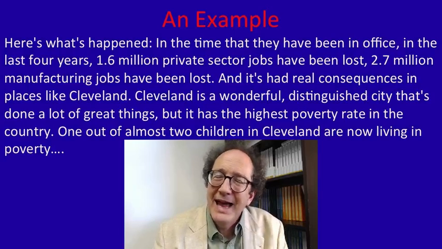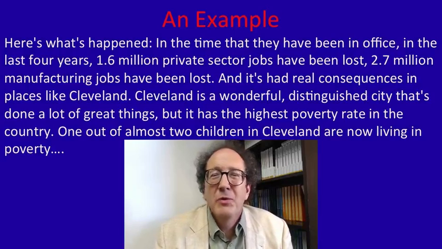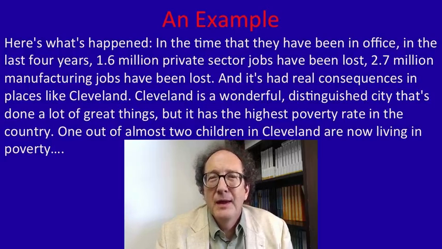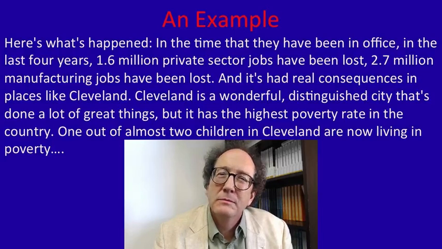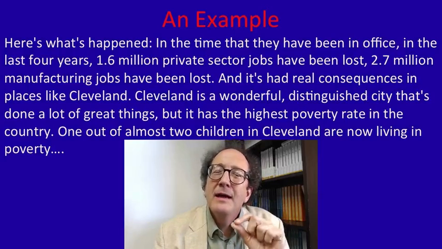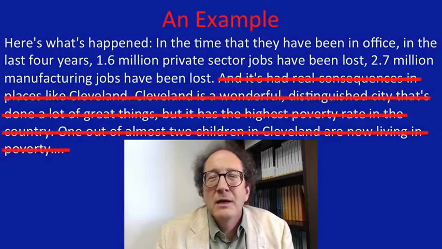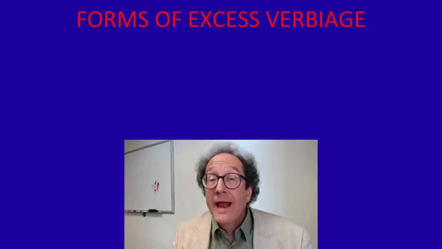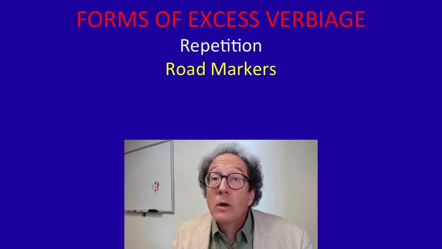But he doesn't come out and say that you can generalize from Cleveland to the rest of the country or that everyone else is suffering in exactly the same way. He's just giving one example. And so it doesn't really support his general claim that unemployment is a problem throughout the whole country. That means that it's not an extra premise in the argument, and we can cross it out like other forms of excess verbiage. Now we've seen that excess verbiage can take the form of repetition, or road markers, or tangents,